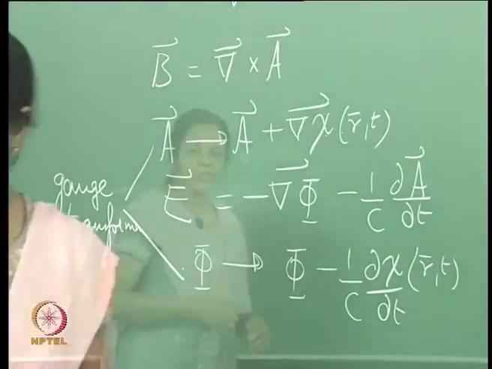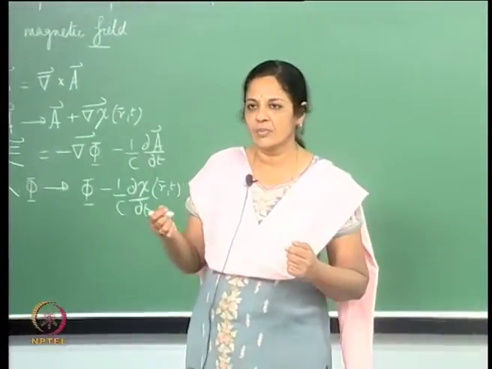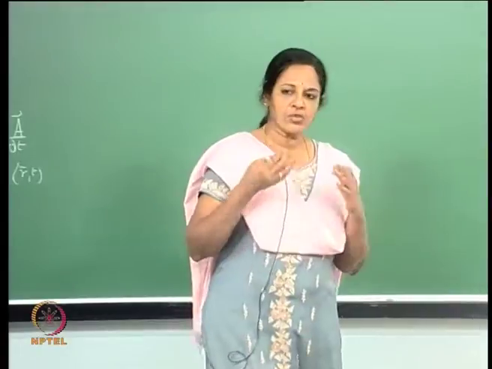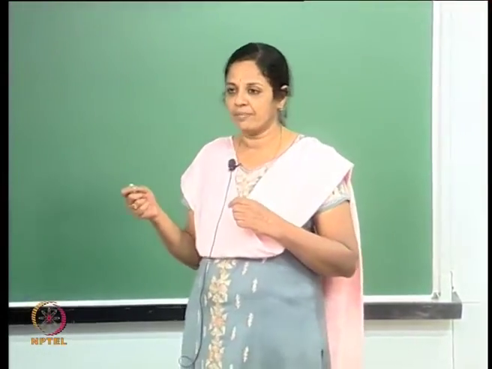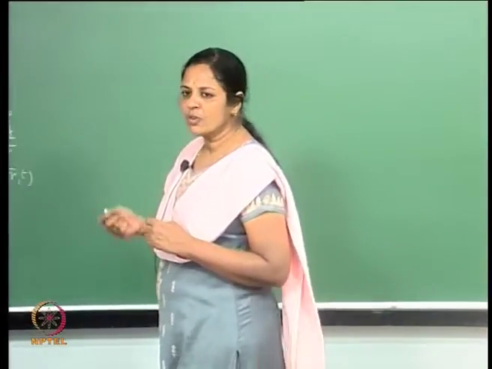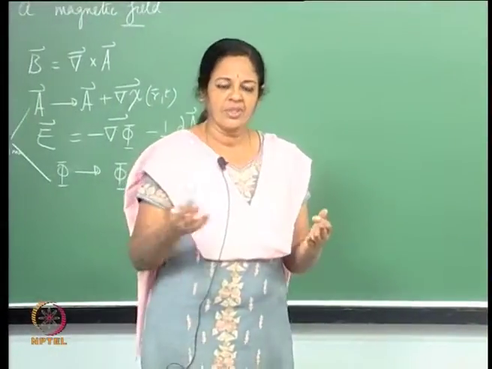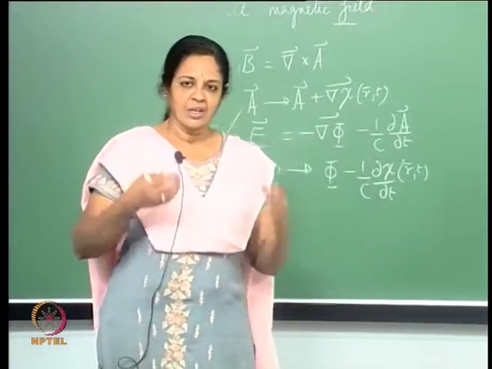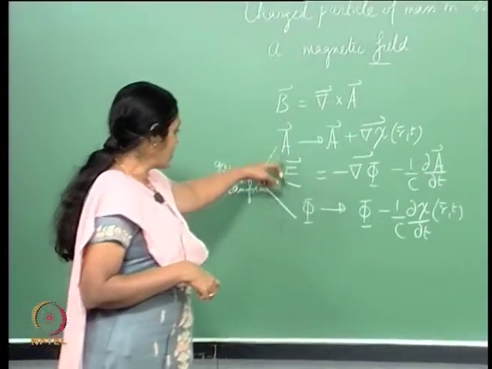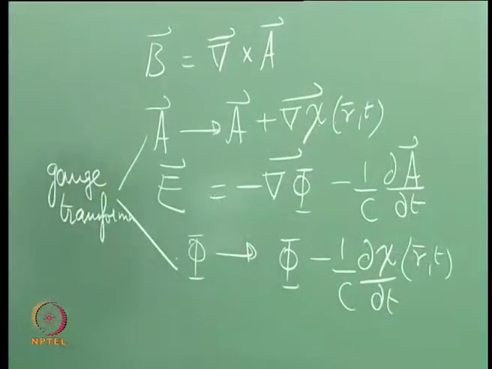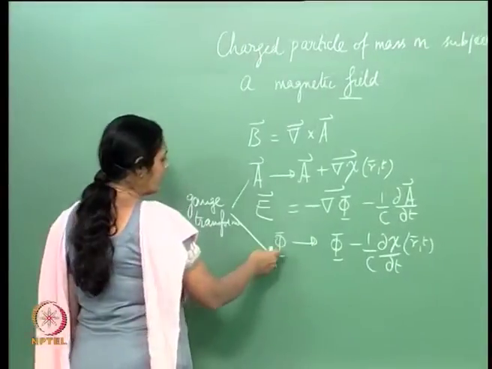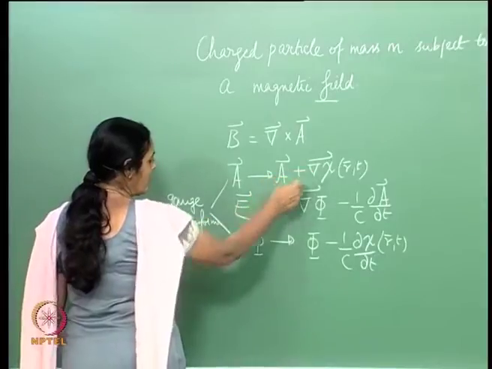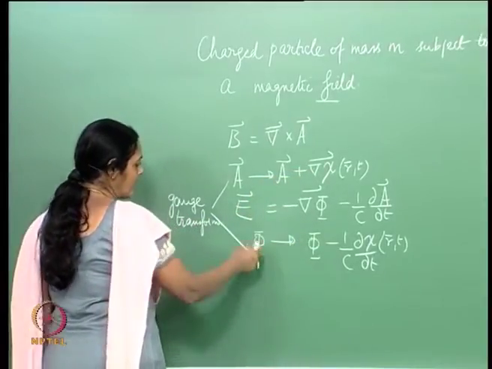The gauge transformation is not a space-time transformation. As you can see, the transformation is made on the vector and the scalar potential, not on space-time. So, it is an example of an internal symmetry transformation, something that does not change space-time itself, but only changes other quantities, in this case A and phi. Now, it is very clear that if A changed in this manner and phi changed in that manner, E is